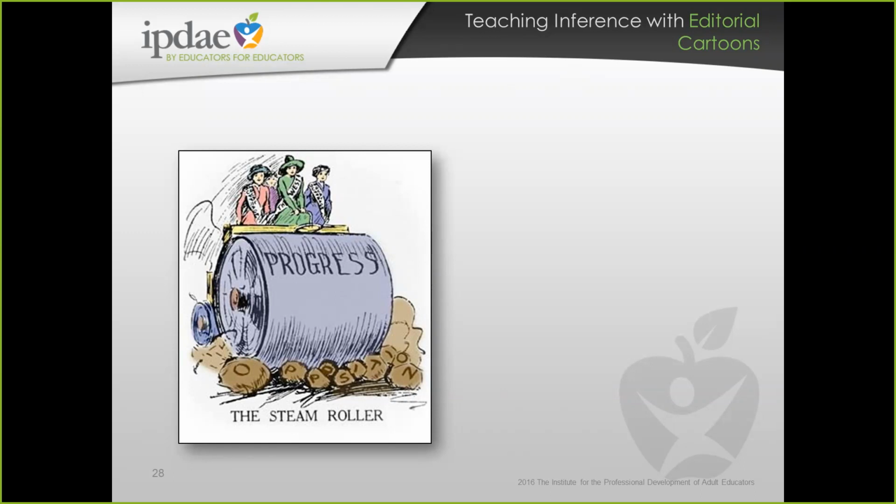Well, within this one, I think really that they're showing the documentation of how the progress was made toward the women's right to vote, and that was with the women from the West that were starting that, pushing that progress, being the steamroller over the opposition that was out there. And, you know, what we can infer from that is that women set the pace. Women in the West really set the pace for getting that movement going. And then we had all of the women who fought so hard for the right that hopefully all of us